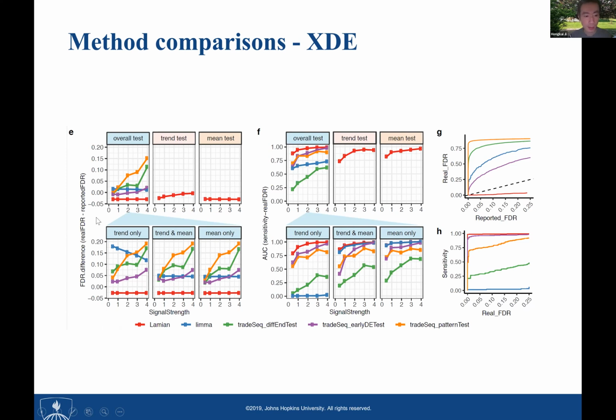And also in terms of comparing the true FDR and the reported FDR, you can see Lamin usually controls FDR. Here, what I show is, for different simulation settings, the difference between reported FDR and true FDR. If it is negative, it's good, meaning the true FDR is smaller than what you reported. And Lamin is always negative, whereas many of the other methods actually provide